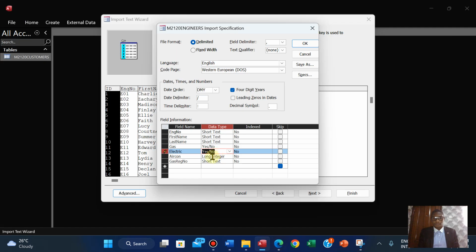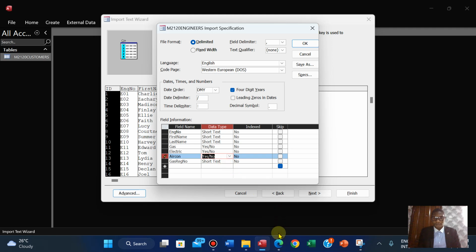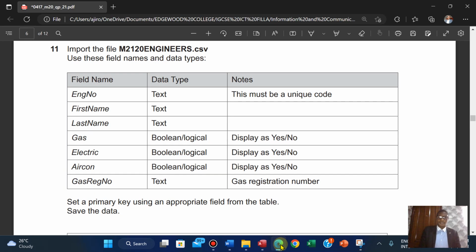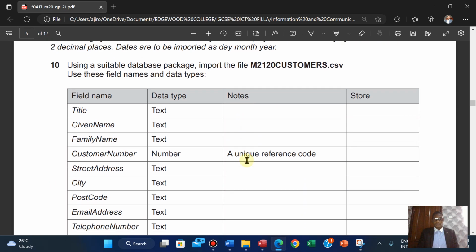Aircon is boolean. Okay. Gas registration number is text. Okay, that's the gas registration number. It will be a unique code and